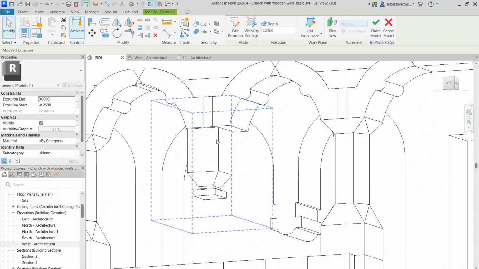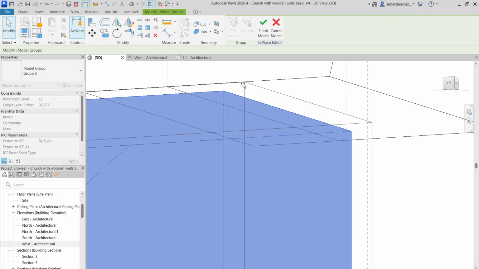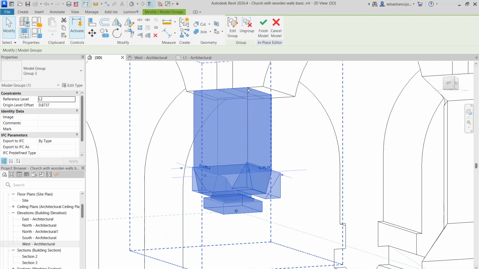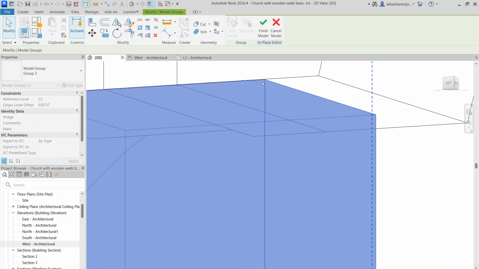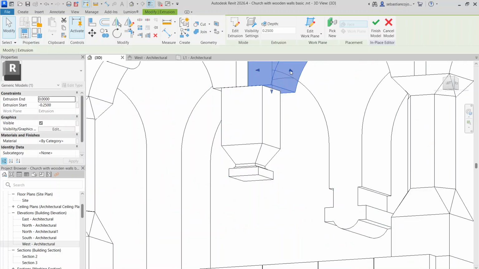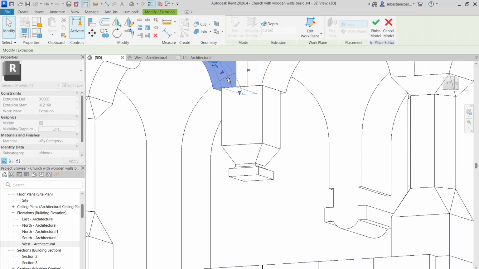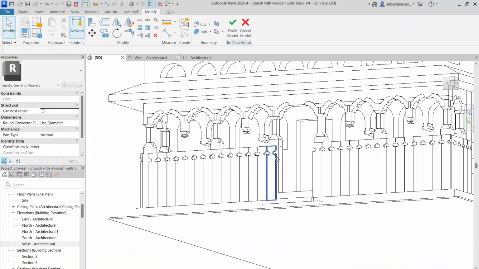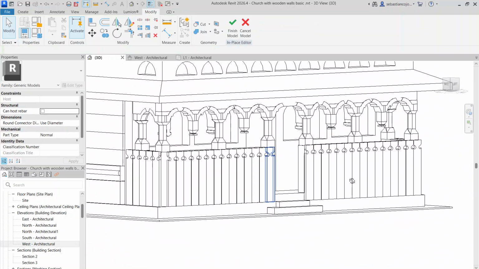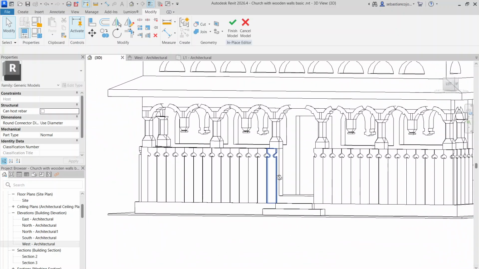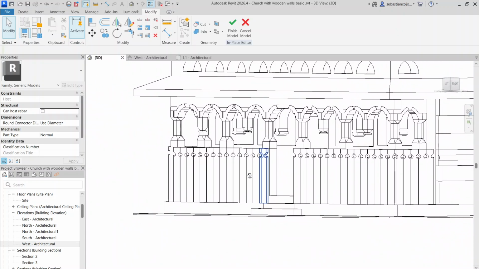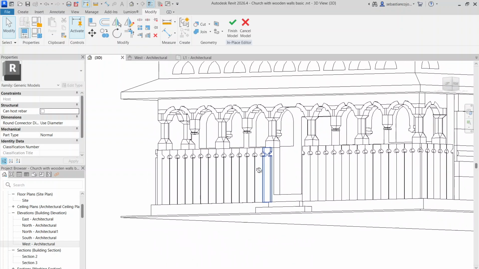Okay, this arch can be adjusted. This arch can be adjusted as well. So yeah, basically we have